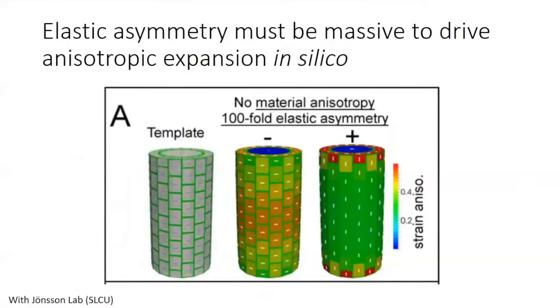So what you're looking at for the colors here are how anisotropic the strain or growth is. And in this case, the direction of the anisotropy is shown here with the white lines. So with nothing, just everybody's all the same, you end up growing more in width. But if you do this 100-fold difference in elasticity between these walls and these walls, then you can get some anisotropic growth. But we think that's probably pretty unrealistic. And it's pretty unrealistic to believe that pectin would be the only thing controlling anisotropy, especially since we know